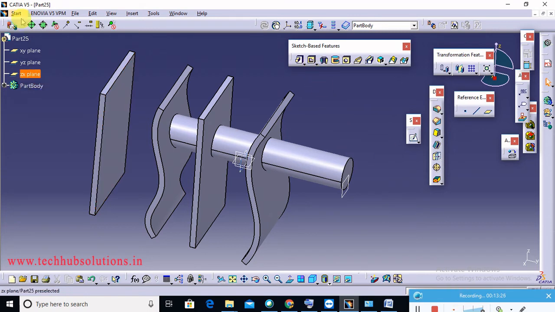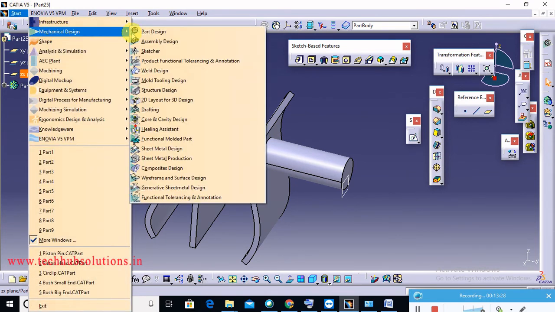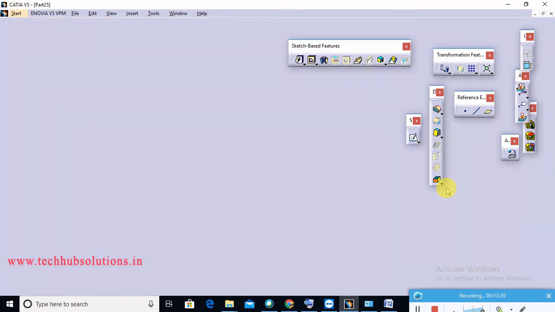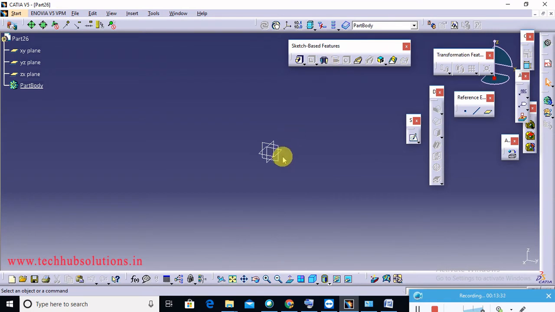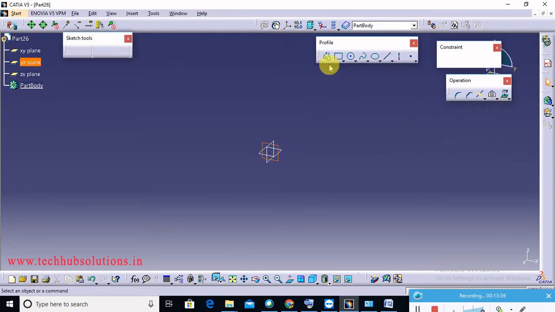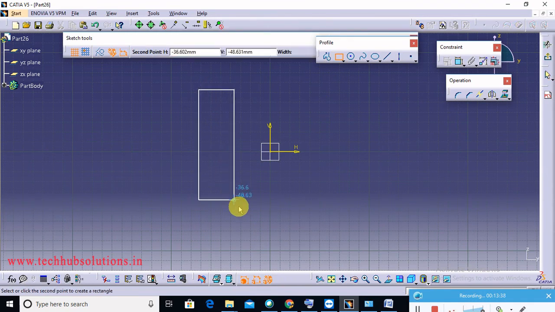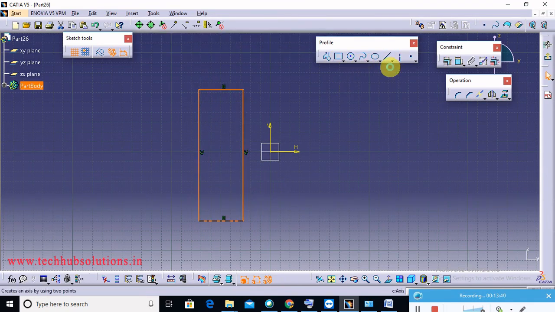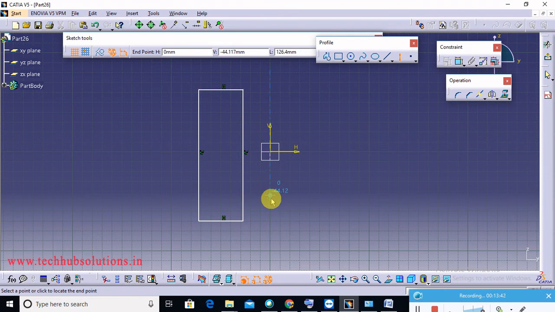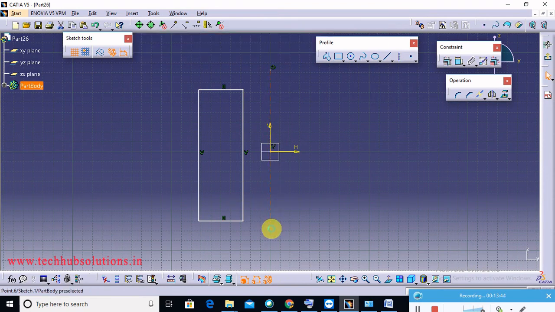Okay. So next one is start mechanical design, part design. There is a shaft option. Shaft means suppose select the YZ plane and go to the sketch, create one rectangle here and create one axis here. This one is axis, not a line, and the axis must be passed vertically. Okay. So exit workbench.